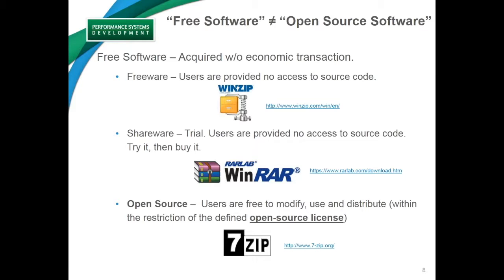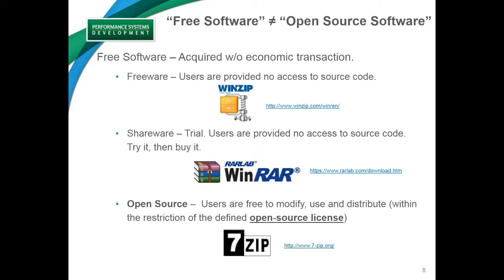The second model is called shareware, where yet again, you can download the software, don't have to pay any money, no expense incurred. You can use it for a trial period of a defined length, and then you're encouraged, not required, not forced, but encouraged, to purchase the software once the trial period has ended. And again, the shareware model does not provide users access to the source code, so it does not meet the